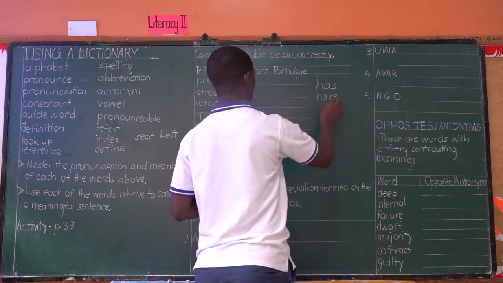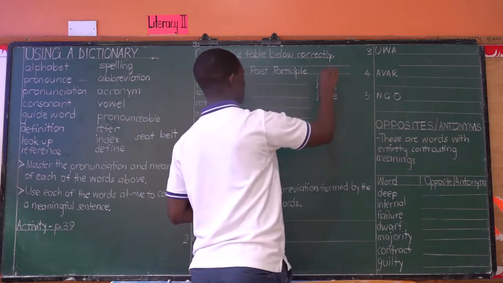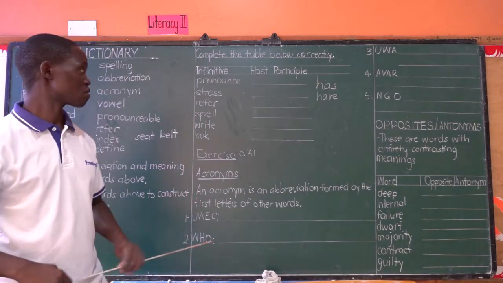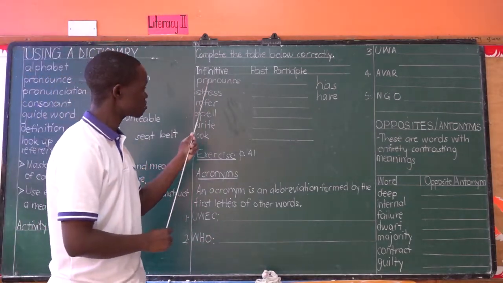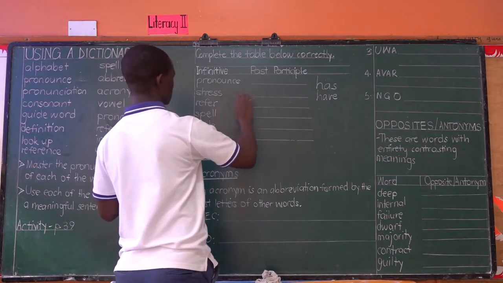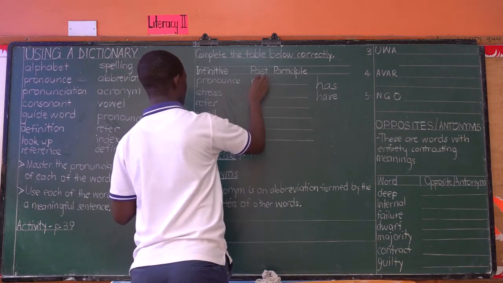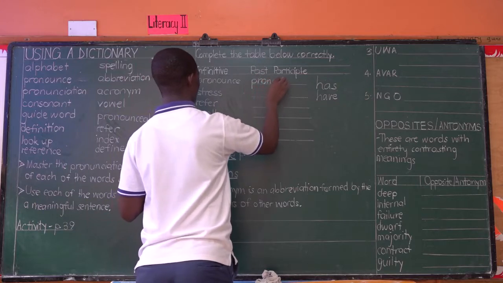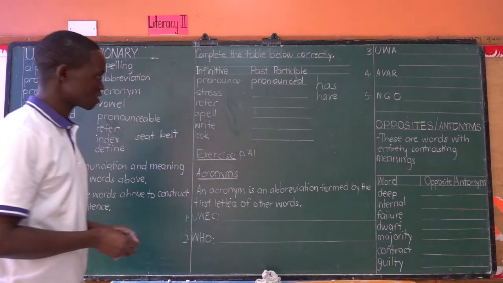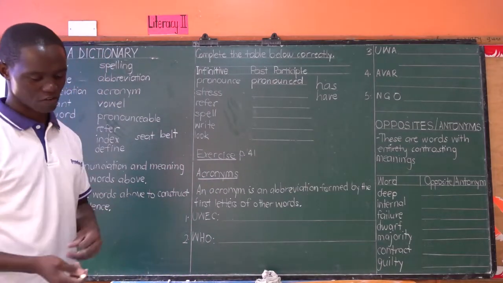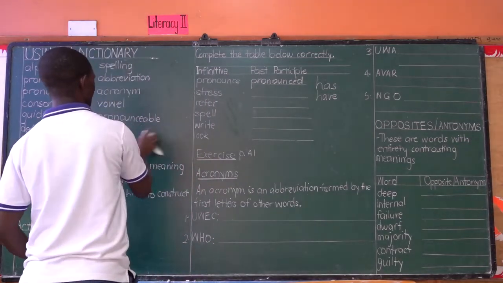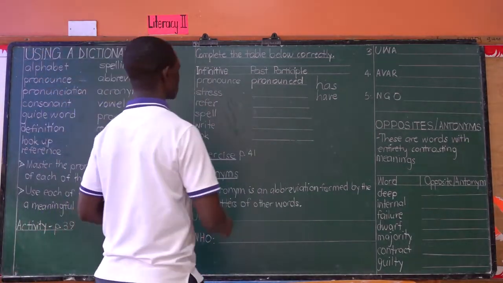Why do I use these two helping verbs? Because after has or after have, you are expected to use a past participle verb. So what's the past participle of pronounce? Obviously, we can say she has pronounced. Pronounced. Correct. Part of the table in your workbook is a summary of what you have in the workbook, so use this to continue answering other questions in the workbook.